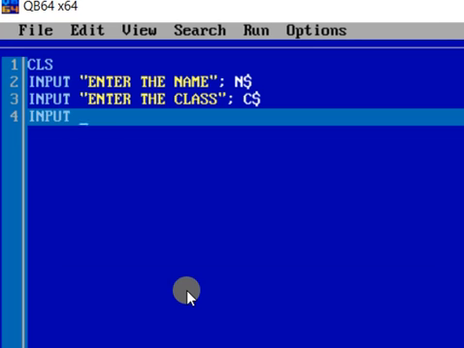Now I want to take the roll number. Roll number should always be a number, so we have to take a numeric variable. I have taken the variable R. We should always use variable names that can represent the input properly.